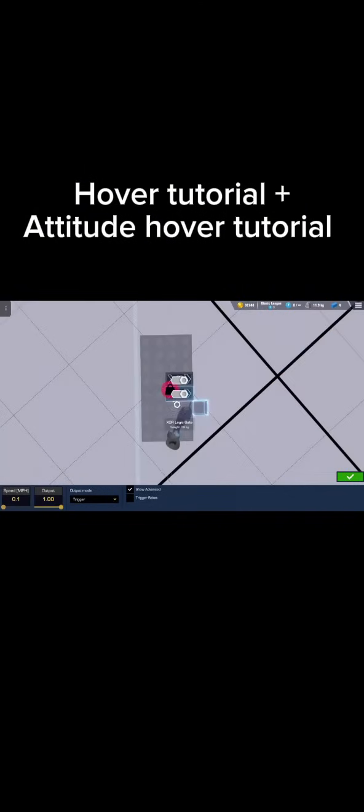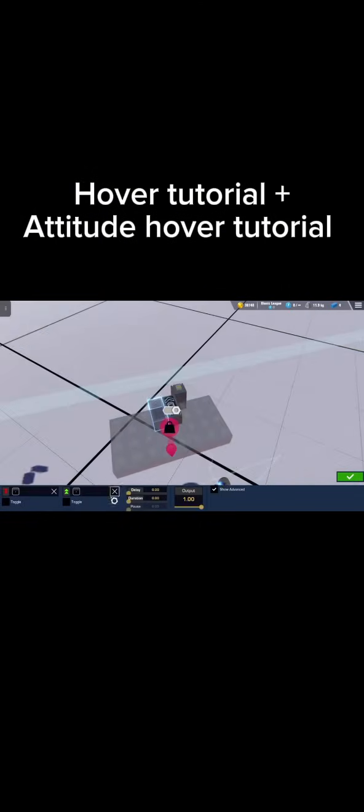So now we want to connect this speed sensor to the XOR block. Now we want to go over to the AND gate, and in this green positive input, we want anything you want to go down. My favourite is the down key. So now if I put that in there,